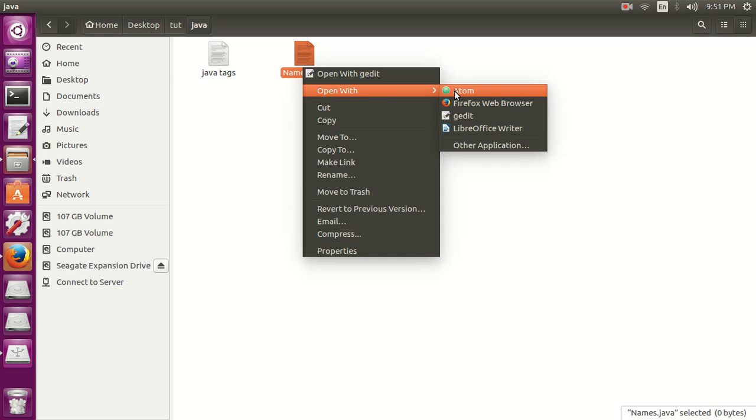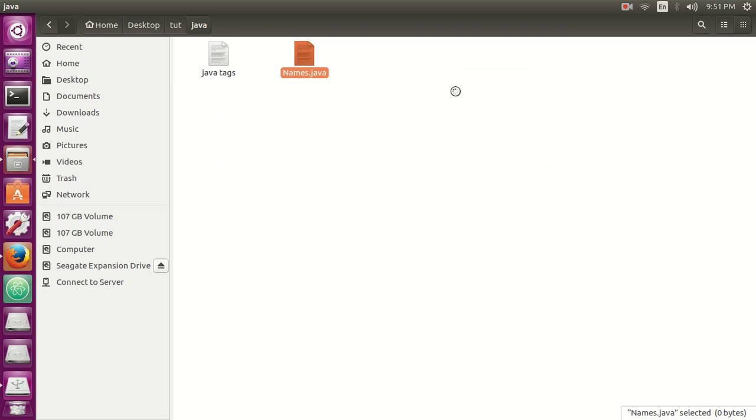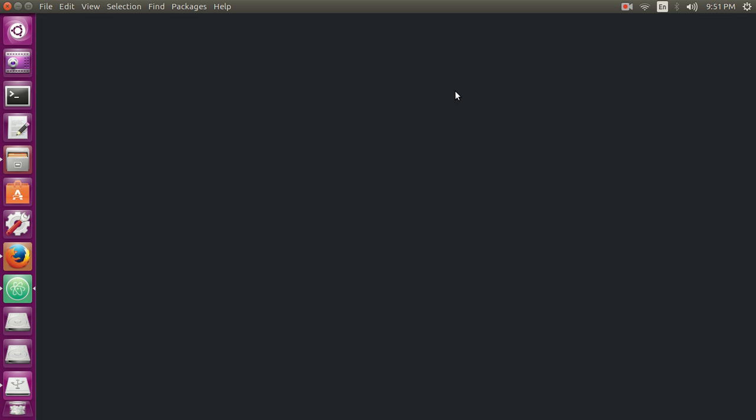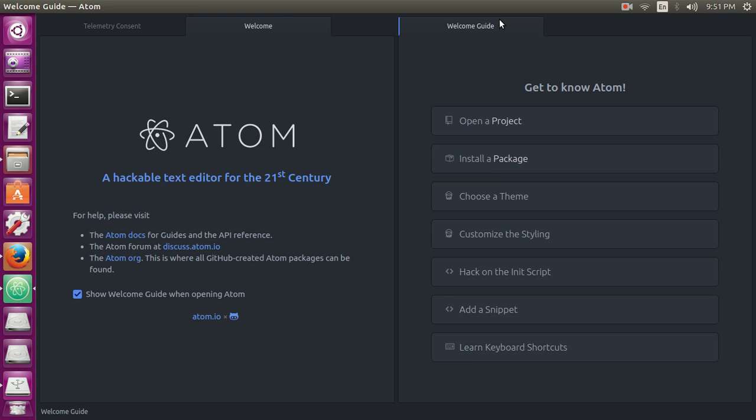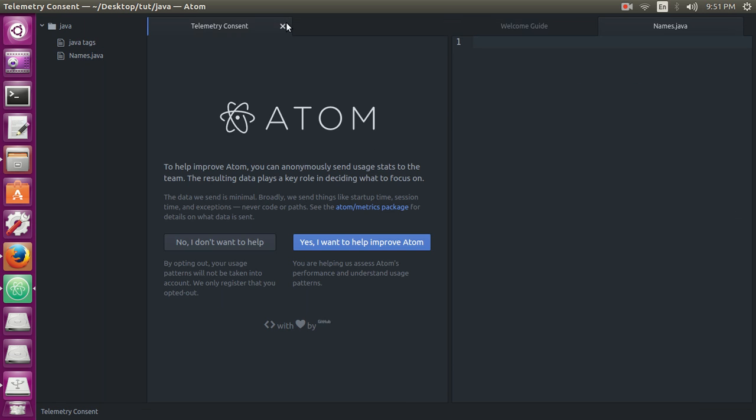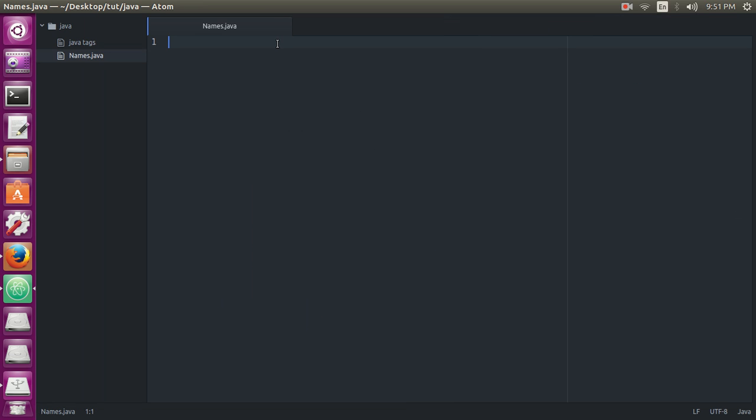Let's open this file in Atom. Now first import the HashSet. Now we will declare the public class name.